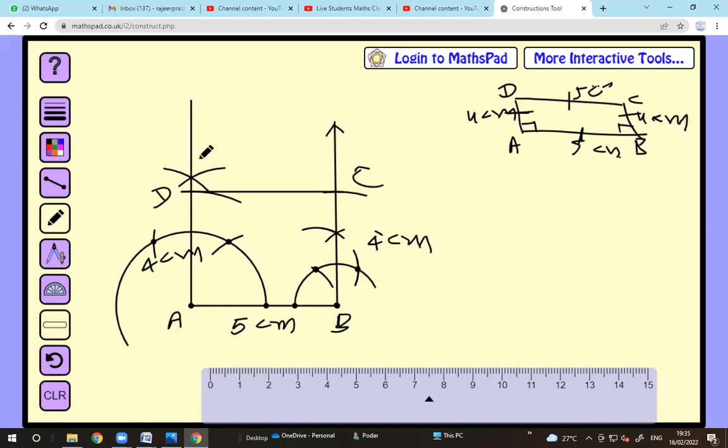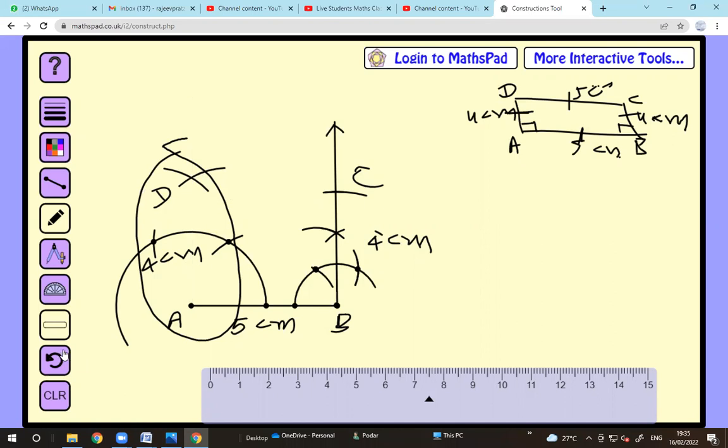Instead of taking an arc of 4 centimeter at this place, one second, sorry. Is this clear? I don't want this. Where is the eraser? There is no eraser, erasing this one is not possible. Instead of taking an arc of 4 centimeter and finding this point, what I can do is, this angle which is 90,